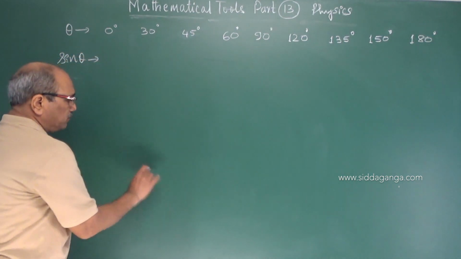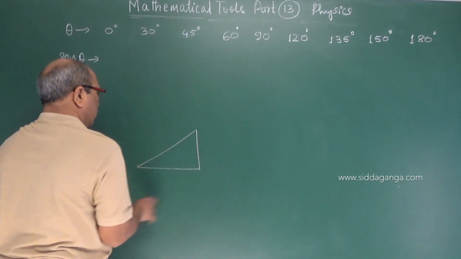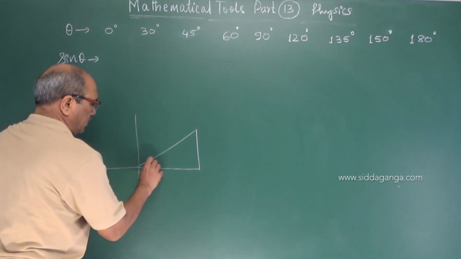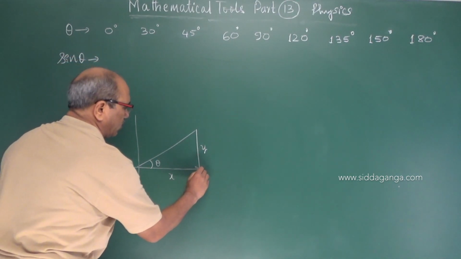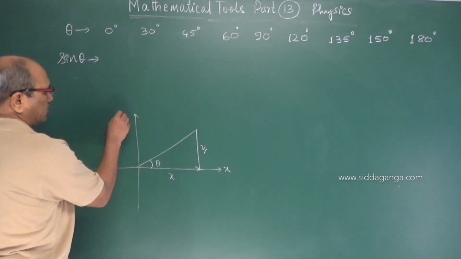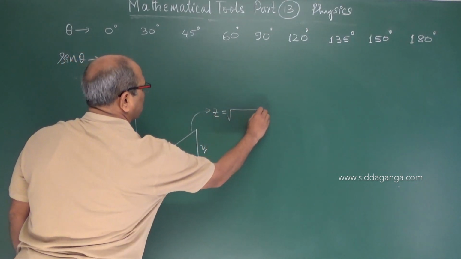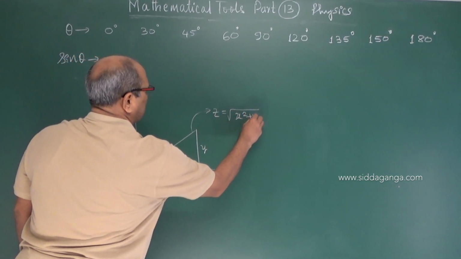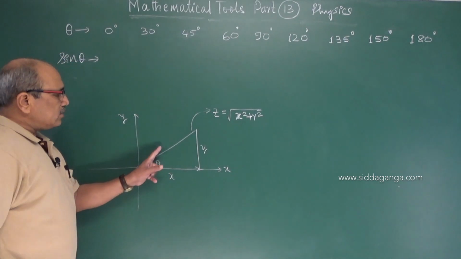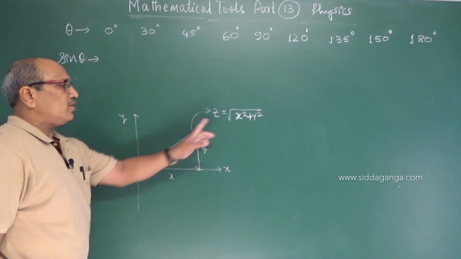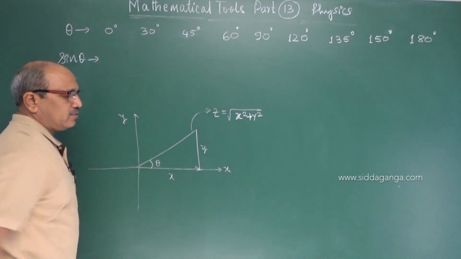So I will use here. Whenever you define this sine function with respect to any angle theta, this is the opposite side and this is the adjacent side along the x and y axis. And remember, this z value which I am showing is always positive because it is the square root of x square plus y square. The reason is x or y may be positive or negative, but x square plus y square remains positive.